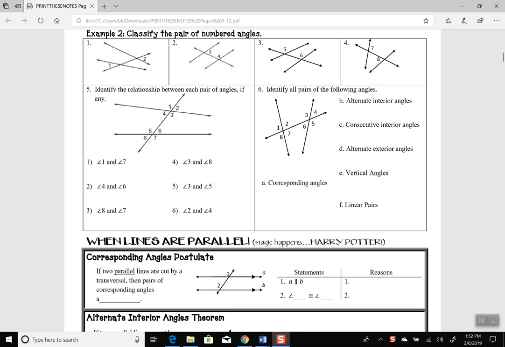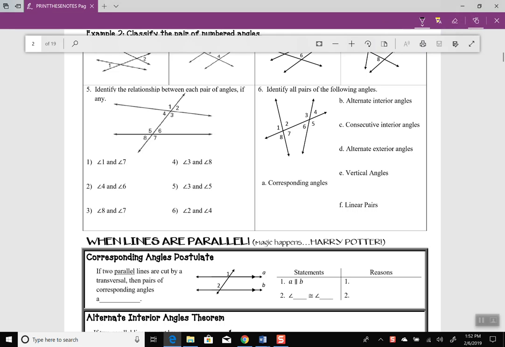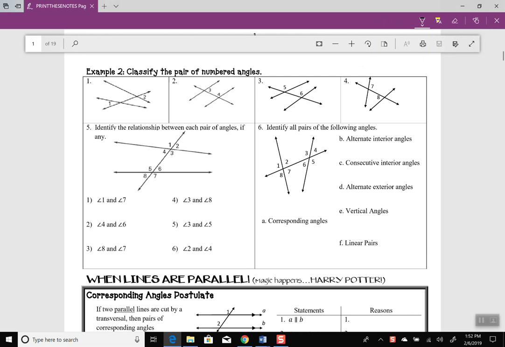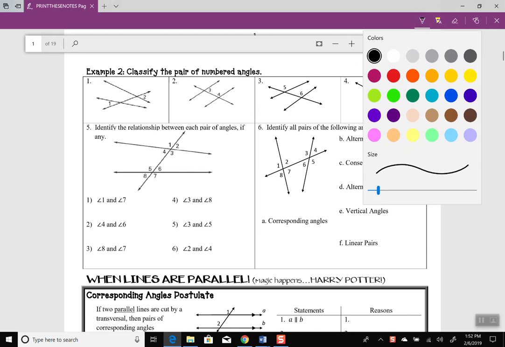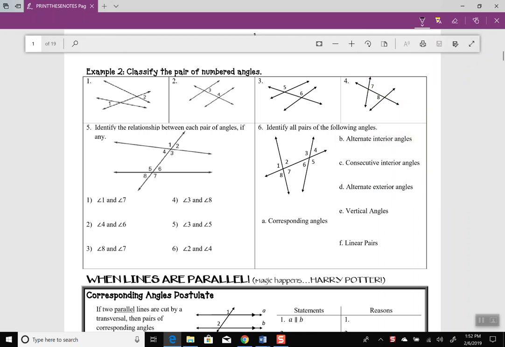Okay, this video will be a solution to the homework on parallel lines cut by transversal and angle relationships. So we're going to start off with this first one. It's gone over in class. So again, one thing we want to keep in mind is that if you were on the inside somewhere here,